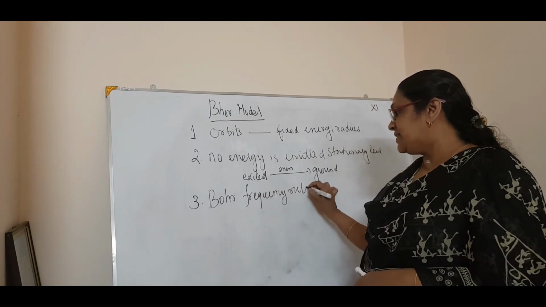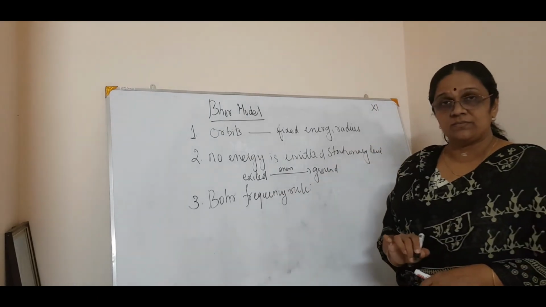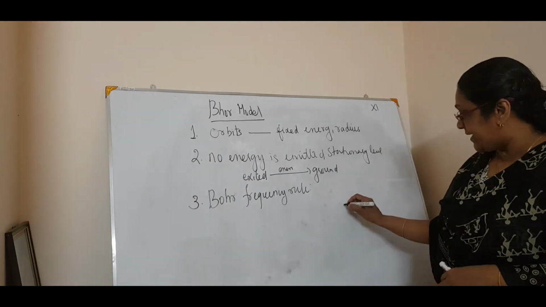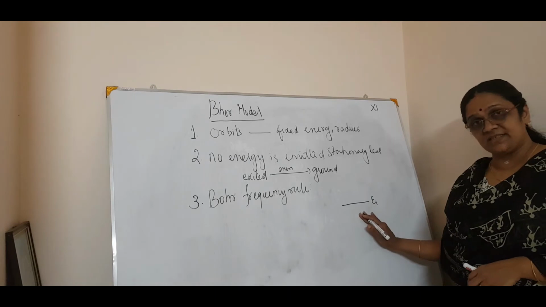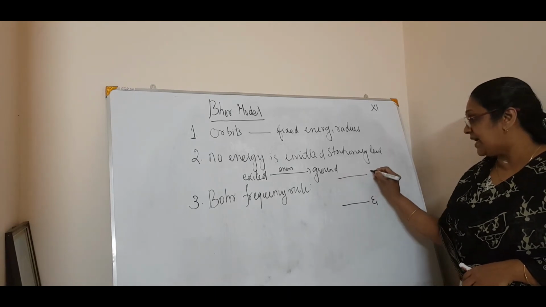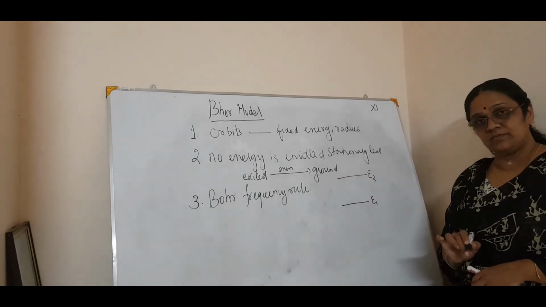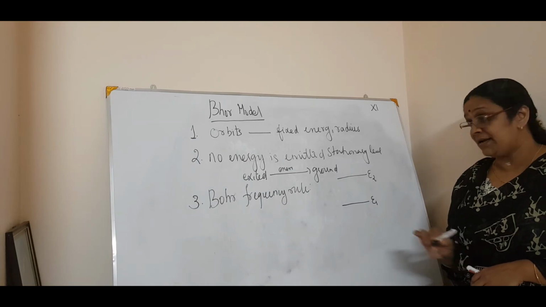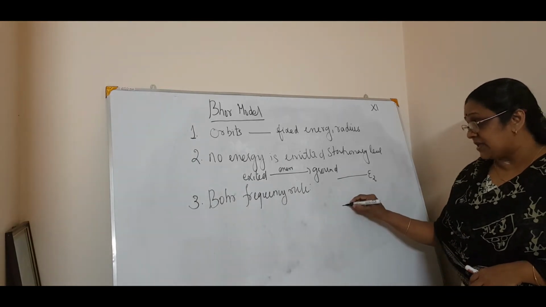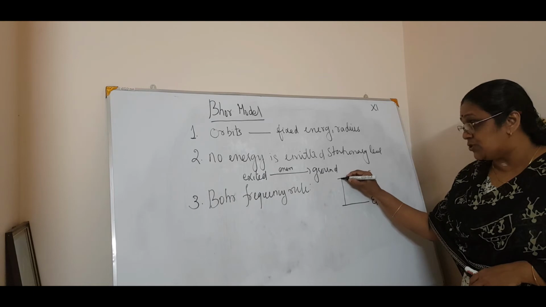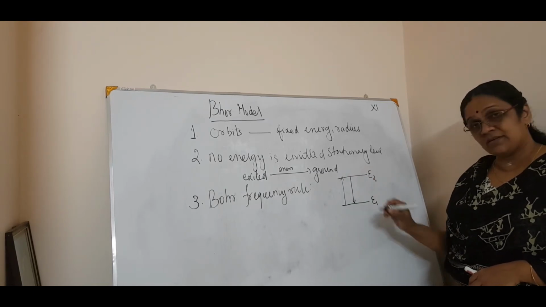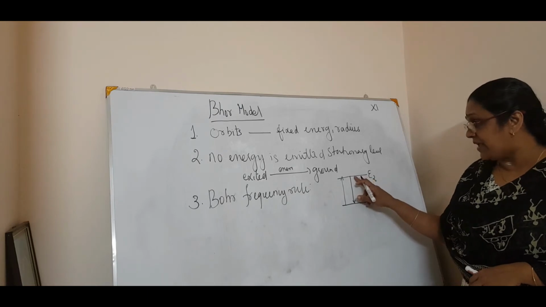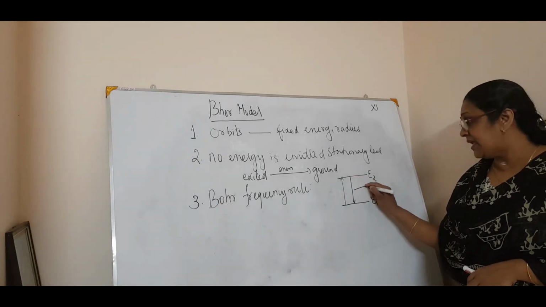Now you will see what is this Bohr frequency rule. I already said, if this is energy level 1, it is the ground state. Now this is the excited state E2. First this gets absorbed and comes to E2. Then from E2, being unstable, it will come to E1. Correct? Now when it comes from E2 to E1, the energy is released.